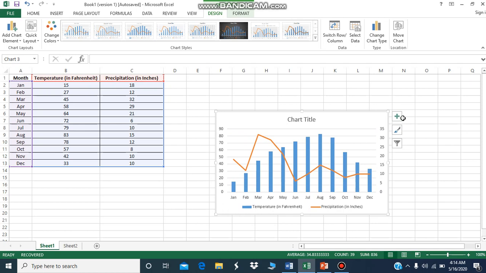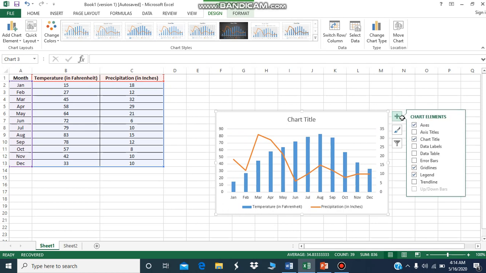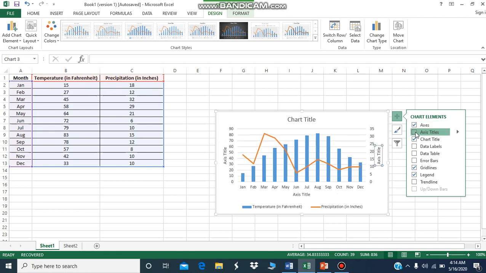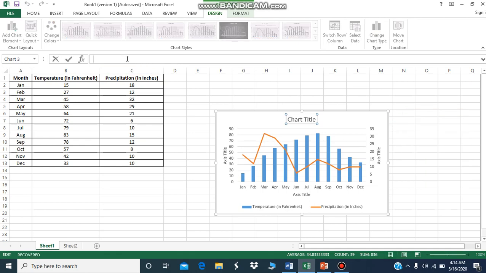So let's start. Click on the first button. You can see chart elements. Click on axis titles. Now you have seen that axis titles option is given. So let's start. Click on chart title. It becomes easier for you to write the title in formula bar.